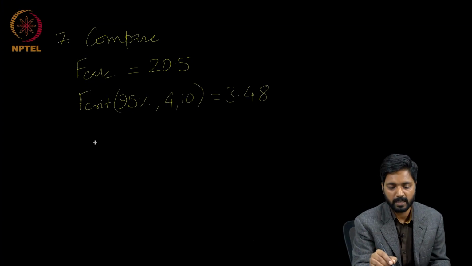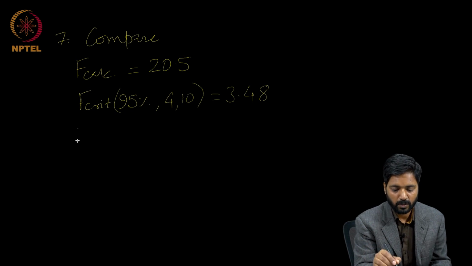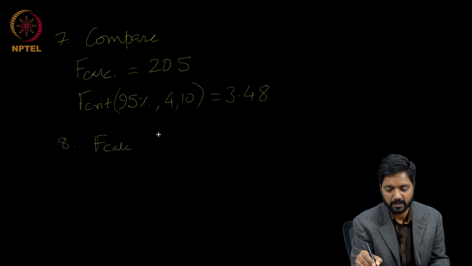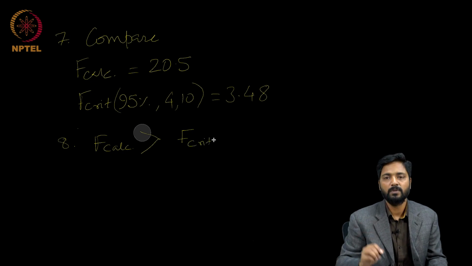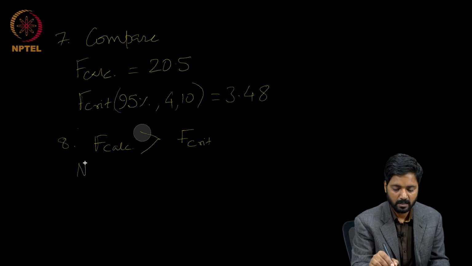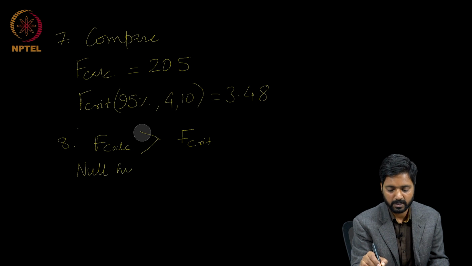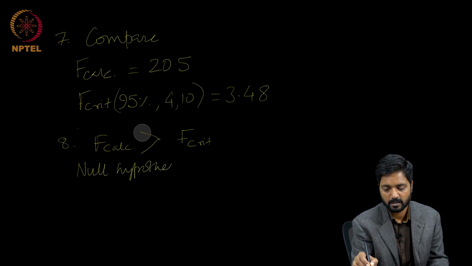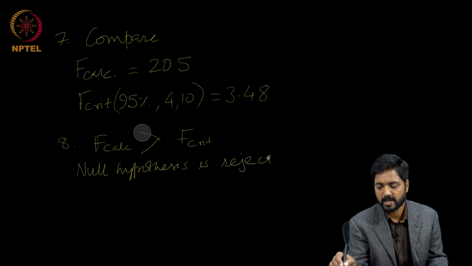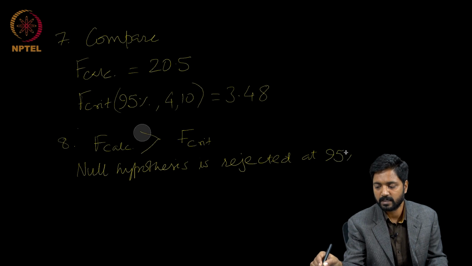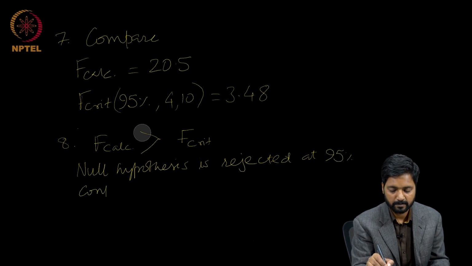So obviously what we infer here is that the F calculated value is greater than the F critical value, and hence the null hypothesis is rejected at 95% confidence